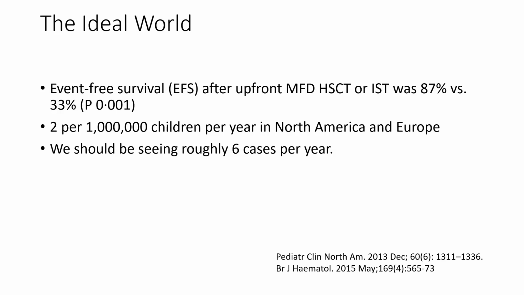In Europe and in Northern America, they're looking at about 2 per million children will develop severe aplastic anemia, and that's where I got my number from, up to 30 patients we should be seeing. So unless in our population we have a far lower incidence of severe aplastic anemia, we are certainly missing a large group of patients.